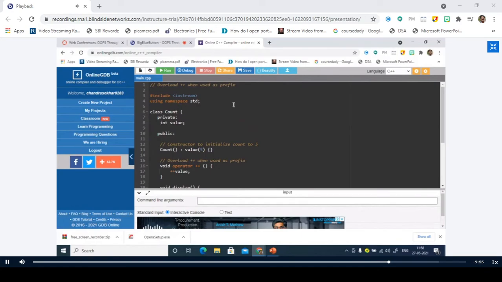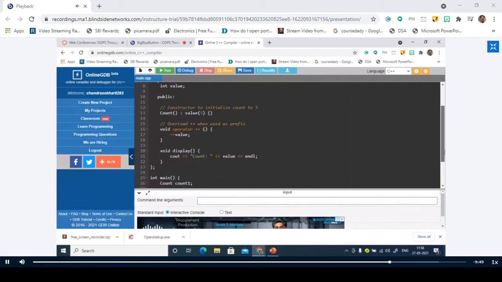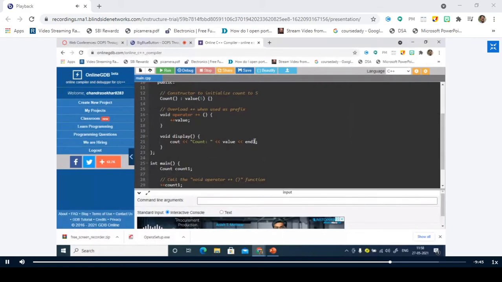What do we want to do here? I just want to check whether this value can be incremented to any other value instead of plus plus.